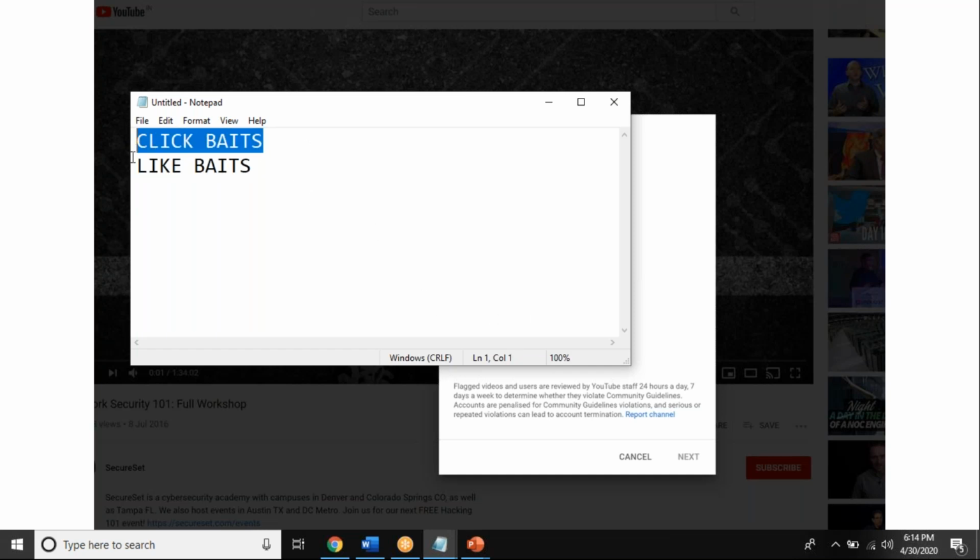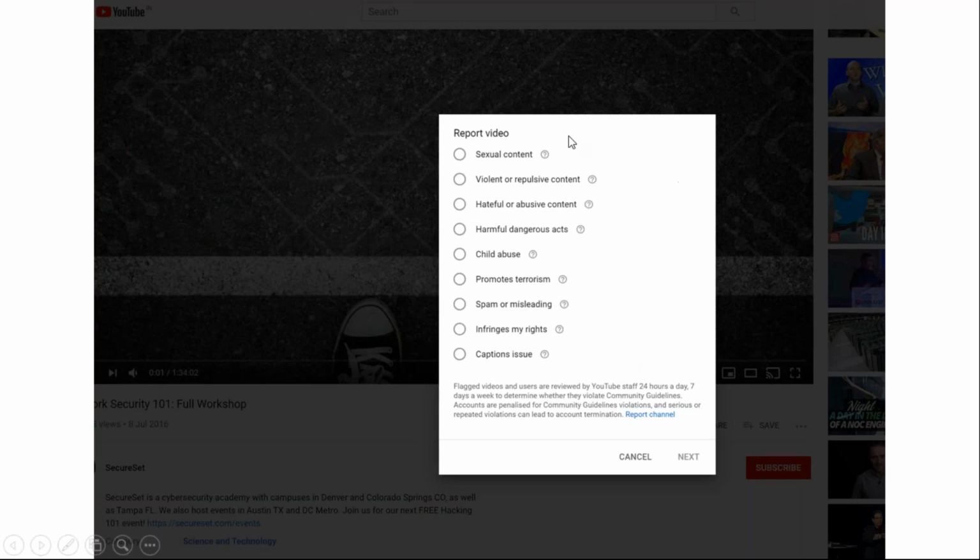Clickbaits are, they will put some other cover image, some other title and make it very interesting. And then you click on it and it is totally different. Those are all called baits. For these, I can go and click on caption issues. That means there's something wrong with it. Now in reporting, I can go and click on infringes my rights, or spam or misleading. You can report whatever you want for YouTube. And then when you click on next,